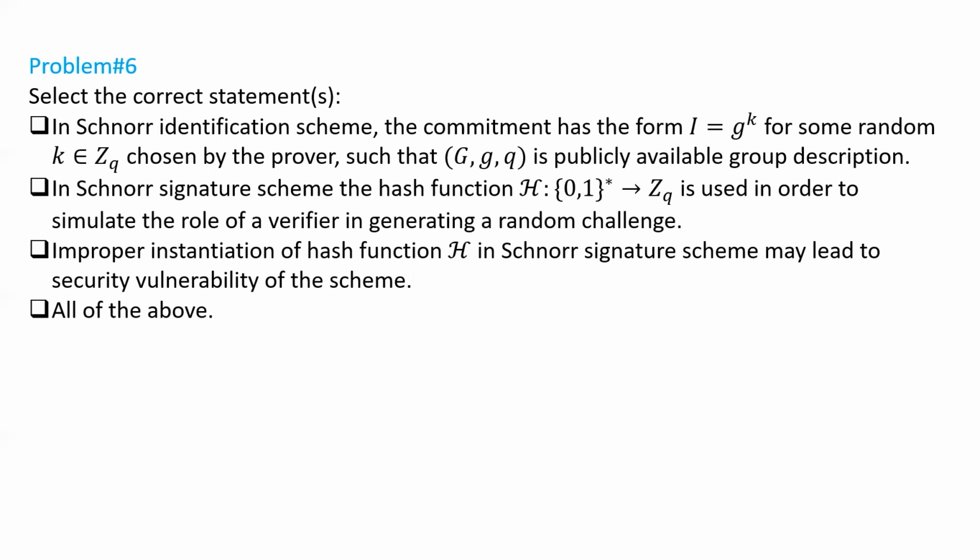The third statement says improper instantiation of hash function H in Schnorr signature scheme may lead to security vulnerability of the scheme. This is true in general because whenever we talk about any construction in the random oracle model, that means that except for the instantiation of the hash function, from any other security point of view, the scheme is secure, but the only insecurity that the construction may face is due to instantiation of the hash function,